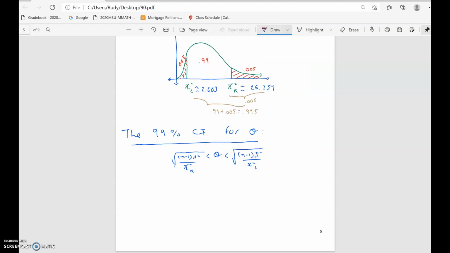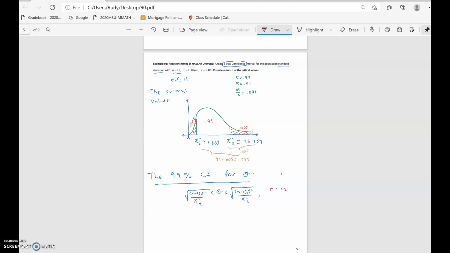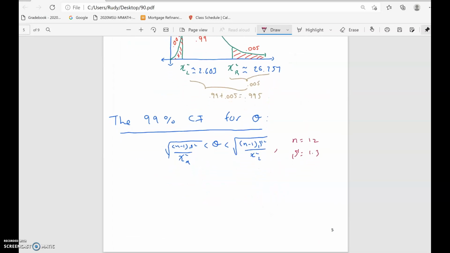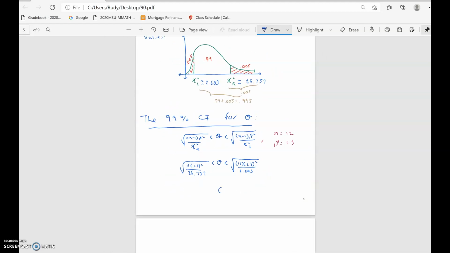We're going to be evaluating the values of n is equal to 12, the standard deviation given in the problem of 1.3, which is going to give us the following. So our values of sigma are going to be bounded by the square root of 11 times 1.3 squared over 26.757, and then the square root of 11 times 1.3 squared over 2.603. Please take a second to evaluate those two